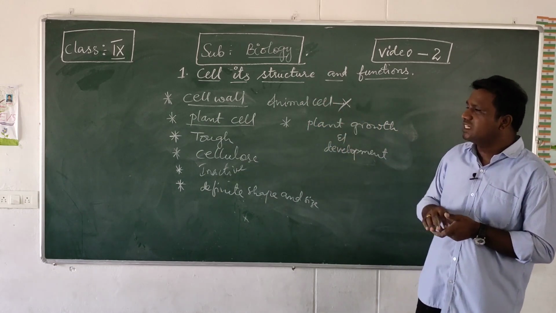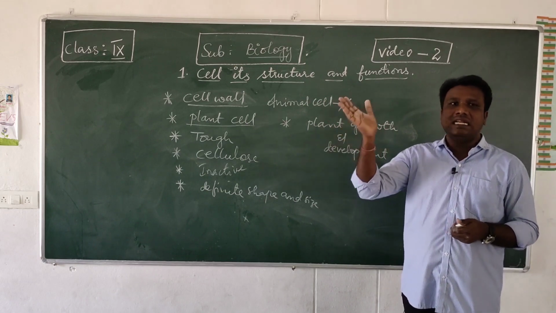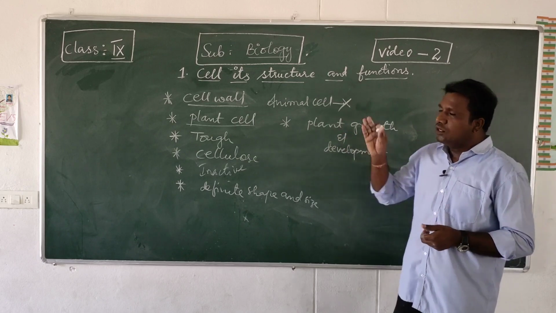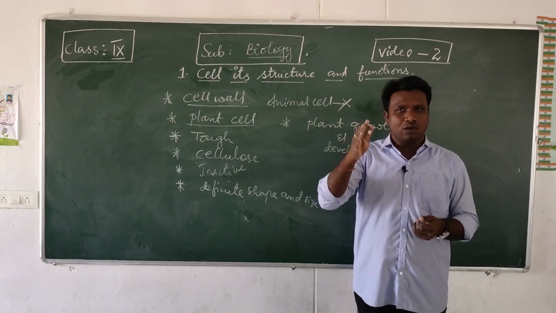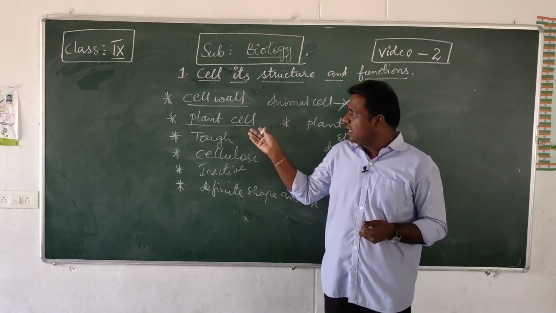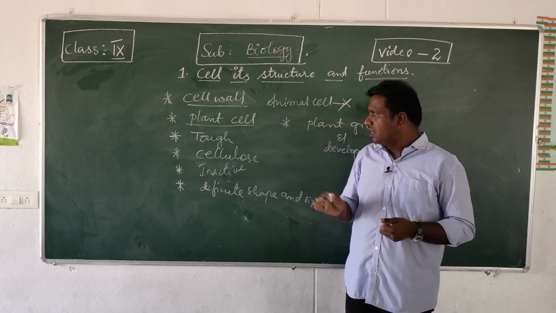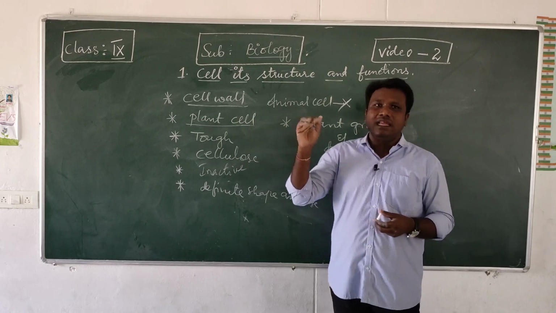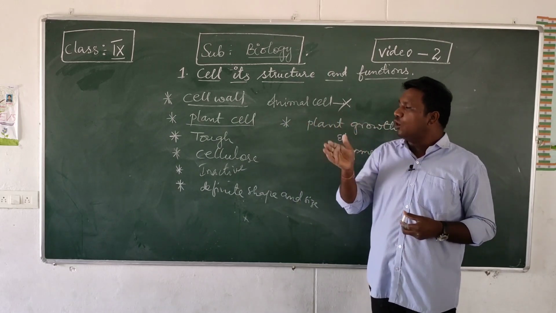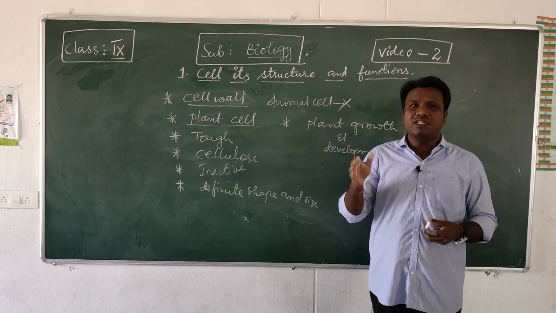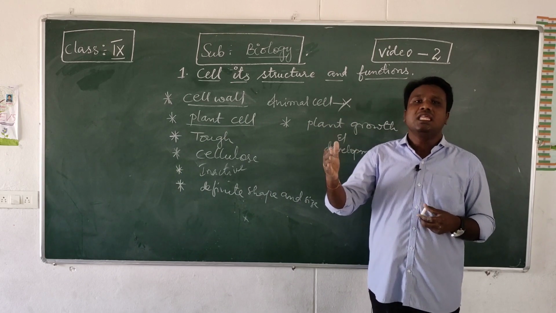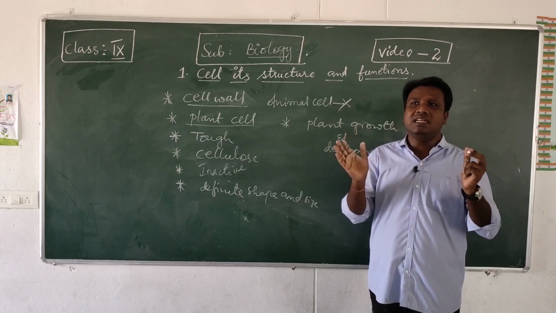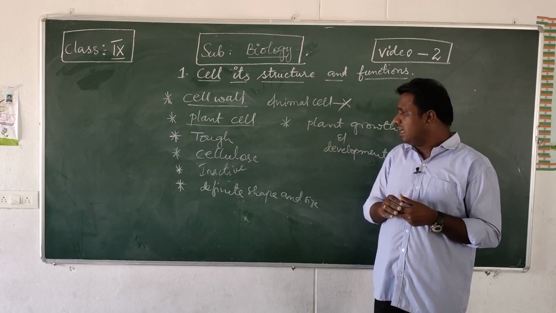Next, we discussed the cell wall. The cell wall is a clear distinction between a plant cell and an animal cell. Does an animal cell have a cell wall? No. The cell wall is very tough in nature, and it is made up of cellulose. Earlier the cell wall was thought to be inactive, meaning it does not have any major role in the metabolic activities of the plant, but later it became a clear distinction between a plant cell and an animal cell.